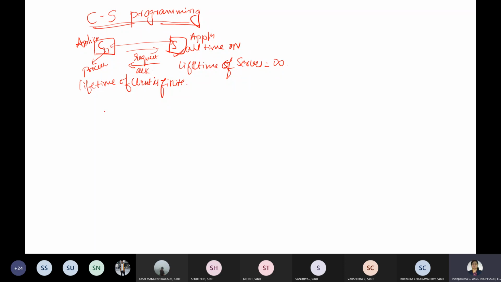Now when we talk about the application programming interface, how can a client process communicate with the server process? A computer program is normally written in a computer language, with a predefined set of instructions that tells the computer what it should do.